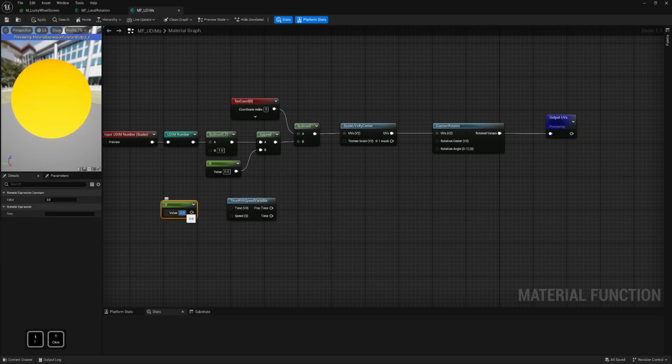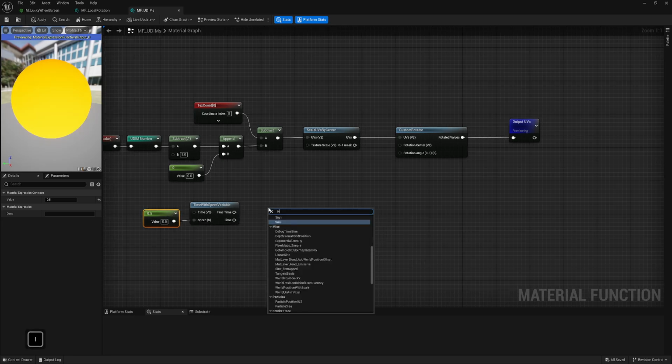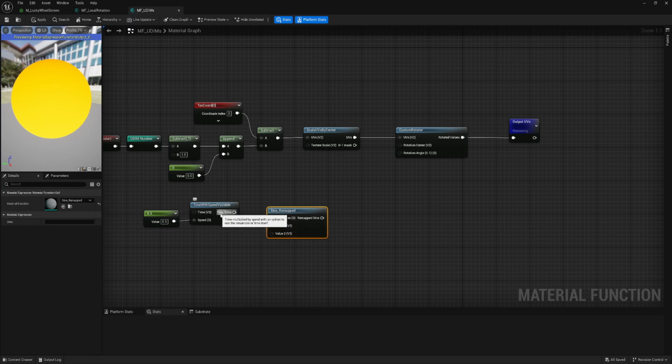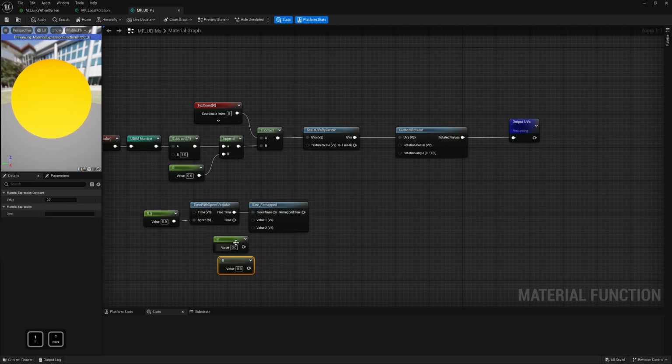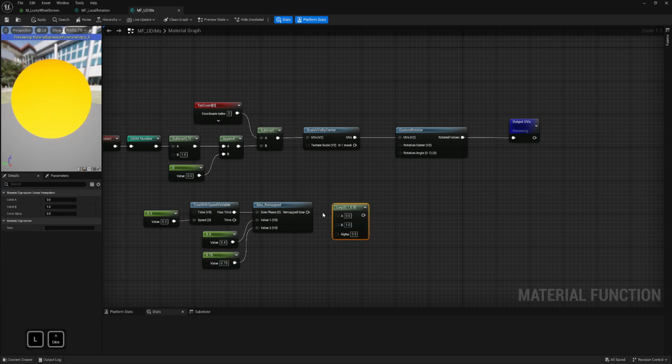Let's set speed to 0.5, then sine, and I want remapped sine. From fractured time, I connect into sine phase. Then minimum and maximum will be 0.4 actually, and 0.75. Then I want lerp, and here it will be this number, and here it will be